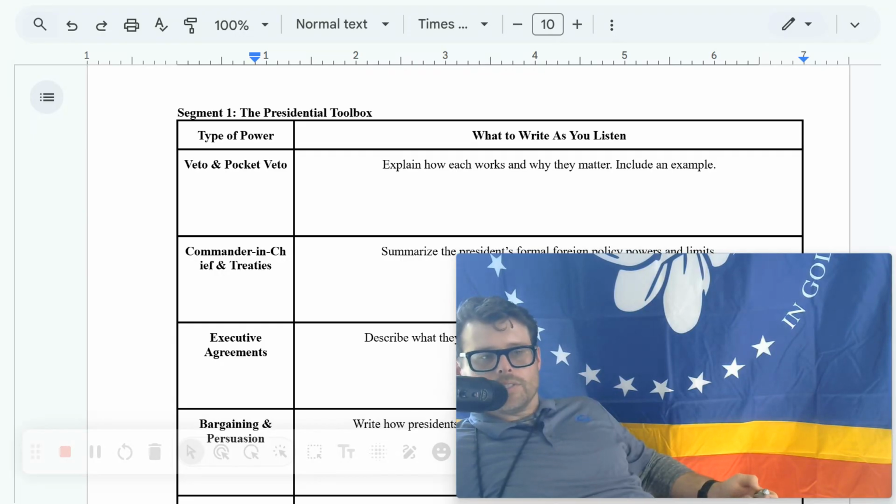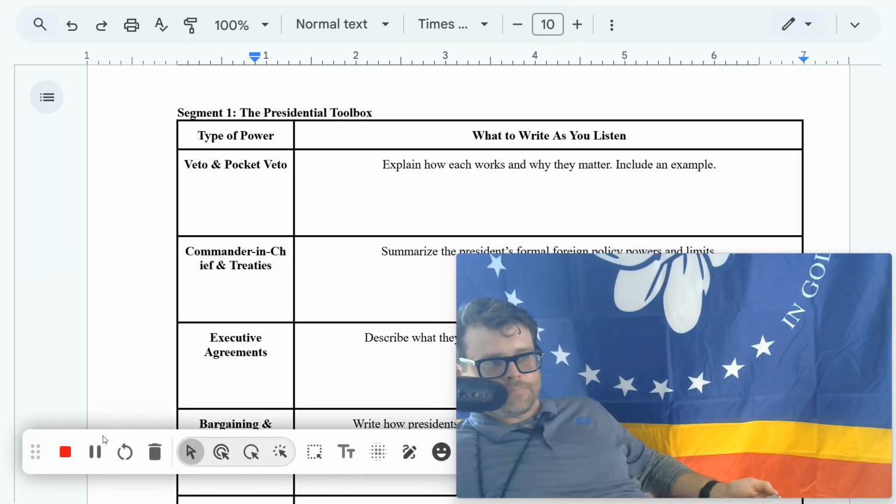If a bill was sent to the president, he has 10 days to sign it, veto it, or do nothing. After 10 days, not including Sunday, that bill will go back to Congress with no action taken. If Congress is not in session, they're on break, it dies. It's immediately killed. If they are still meeting, it is immediately passed. So that is another veto power.